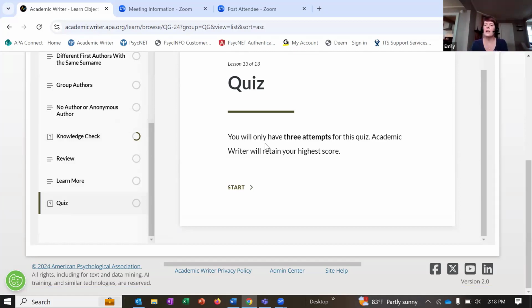If they take it one time and they don't do so well, they're not happy with their score, with their percentage, they can retake it, and Academic Writer is going to save the highest score achieved. So we limit it to those 3 attempts, just another way to give these more weight.